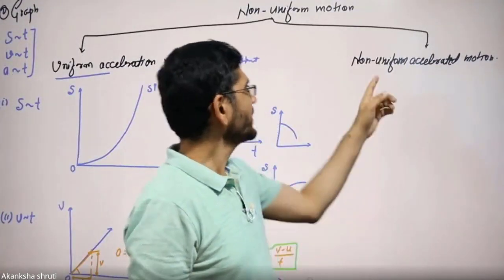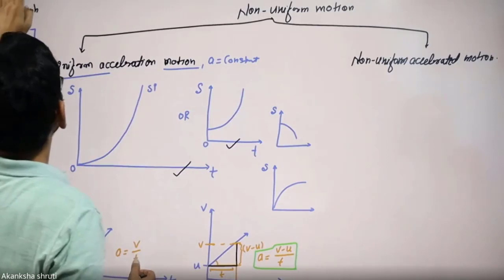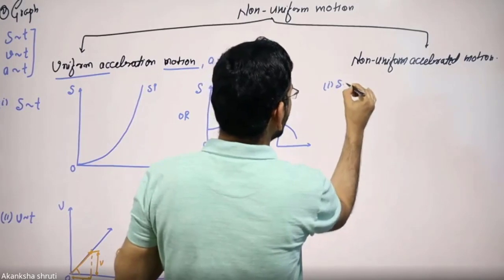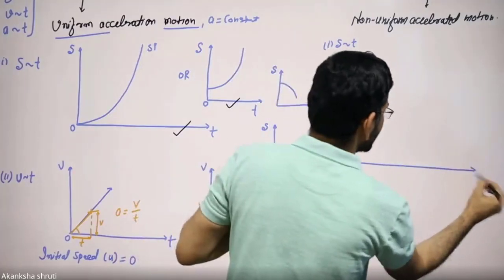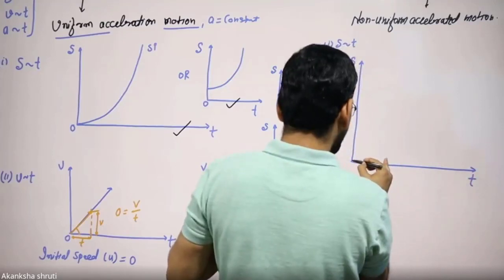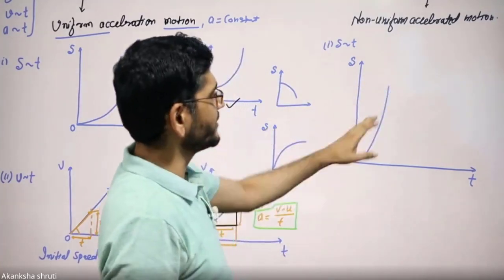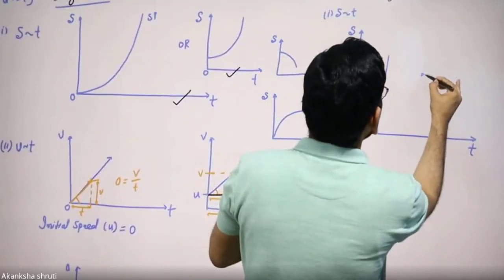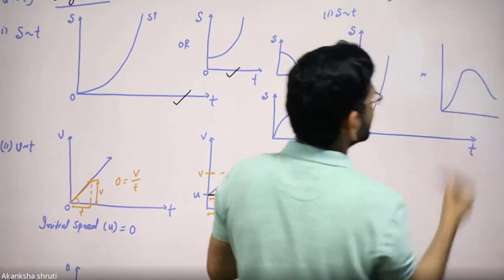Students, pay attention. In this case, for the non-uniform motion, the first graph that we plot is our ST graph. In this case also, the distance and time are going to change. So it will also be a curve, but a very fast curve, much faster in comparison to this curve. Okay? Or it can be like this one, say once it has increased, another time it has decreased.